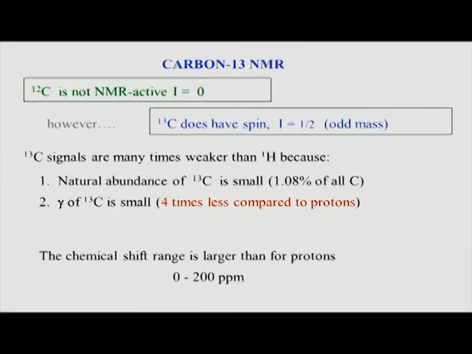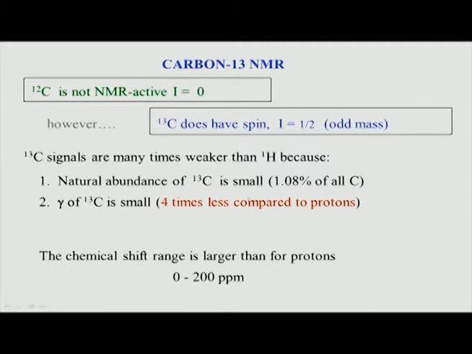So let us start with this thing, that we know that carbon 12 is not NMR active, and that is very clear because it has even atomic number and even atomic mass. So when you combine the spins in the nucleus, they basically pair up and the net spin of carbon 12 is 0. So therefore you cannot do any NMR with carbon 12, but fortunately for us there is an isotope of carbon 13 which has a spin half, and this is because the mass now becomes odd number, and according to the rules we saw in the very beginning, carbon 13 has a spin half.